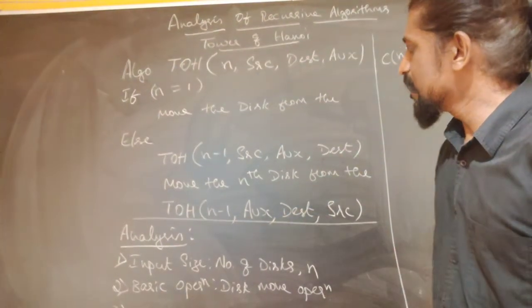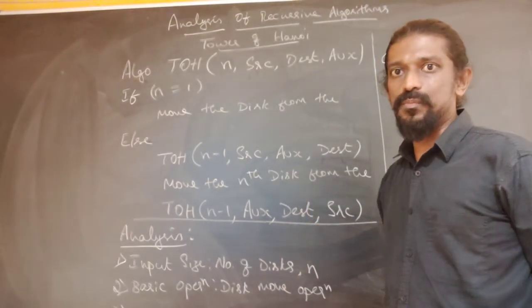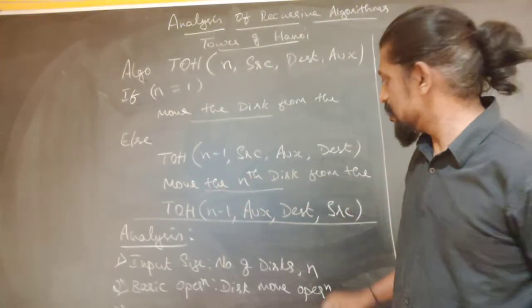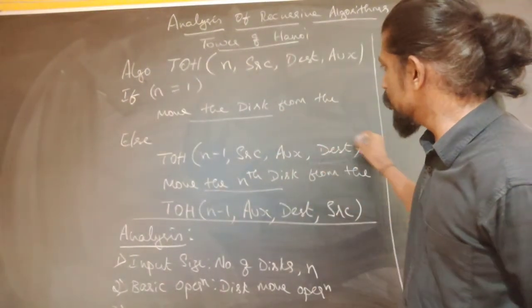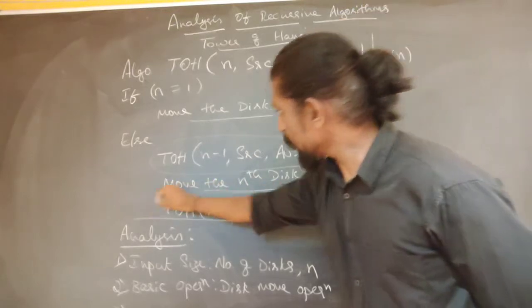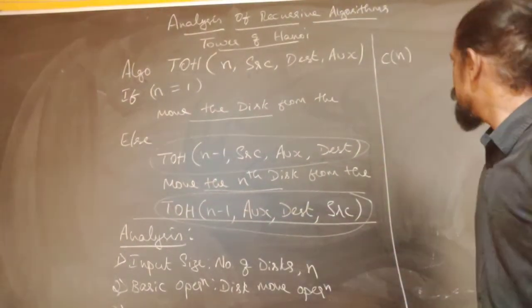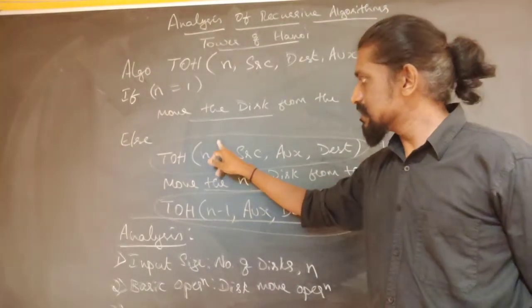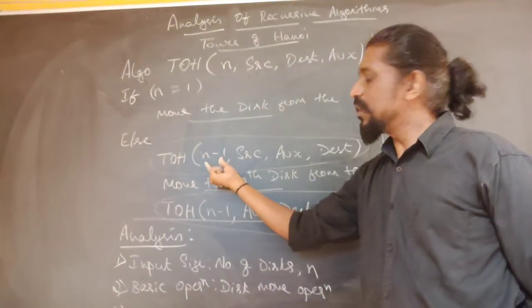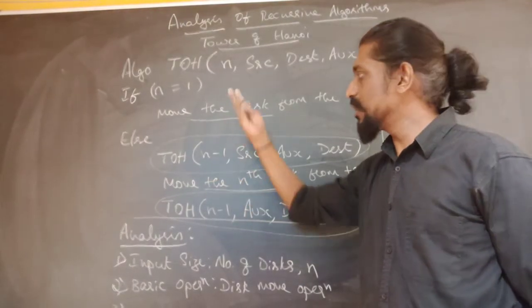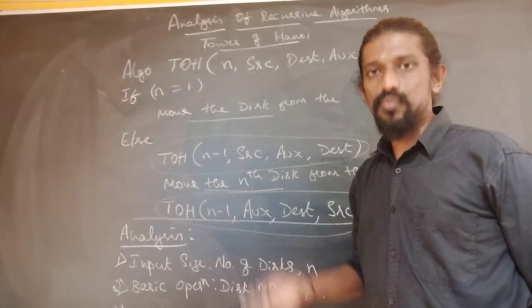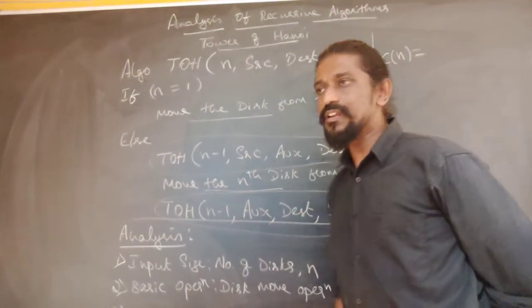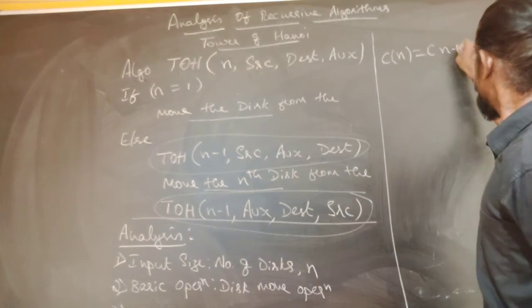If we see this algorithm, it is not very clear how many times the disks will be moved. Here there is one disk move instruction, here there is one disk move instruction, but in these two statements we don't know how many times the disks are actually moved. So what can we do? This is a recursive call. This tells the same function is called with n minus 1 as the input. When we want to move n disks, we are going to move n minus 1 disks. We don't know how many, but in this call also some number of times the disk will be moved. Therefore, we will write it as C of n minus 1.